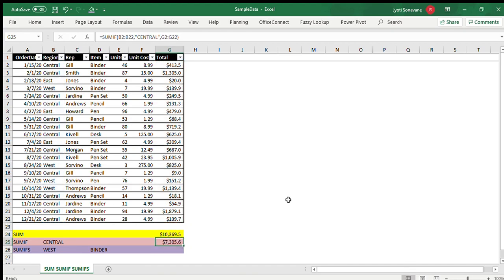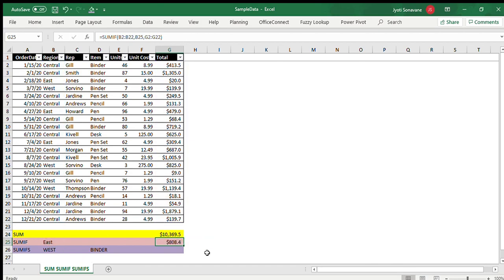So you see, we have the sum total of only the Central region. If we change it to West, does this work now? It does not work, because we are typing it down. So let's replace this again with the cell and try. It is changed. Let's add East. It is changed. So this is how you can play around. Either you can write down what your criteria is, or you can just give a range.